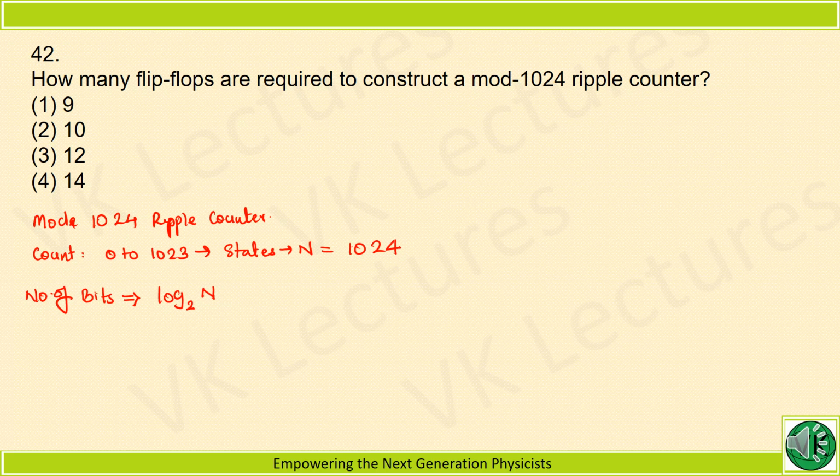So the number of bits is equal to log to the base 2 of N, so that's equal to log 2 of 1024. This value is nothing but 10. So log 2 of 1024 is 10. So 10 bits are required, or 10 flip-flops are required